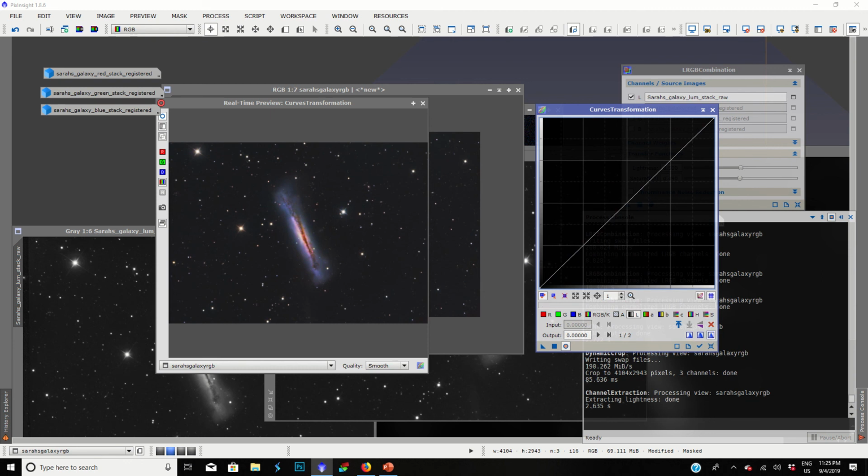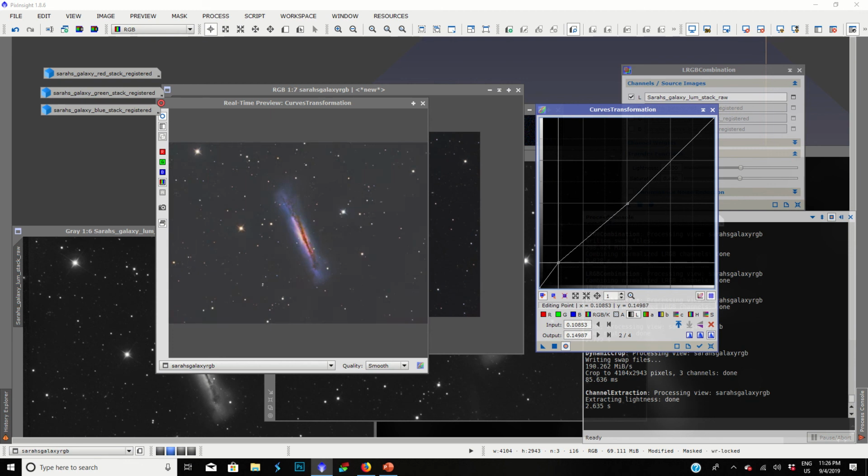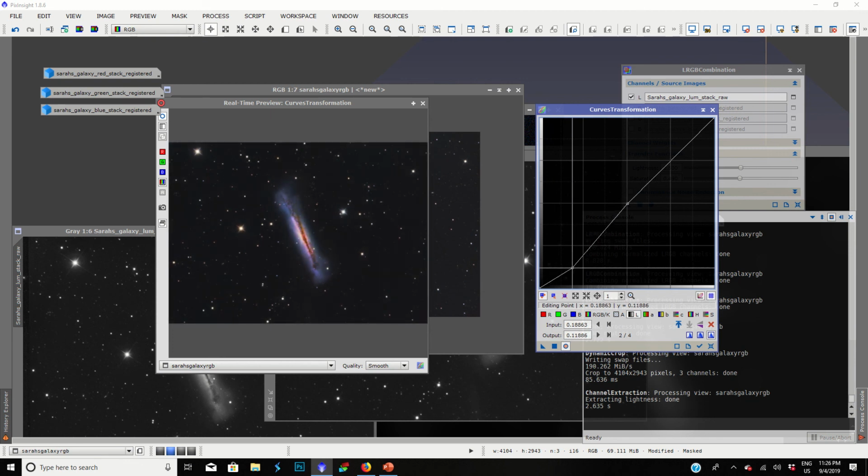I like doing the linear interpolation when I'm working with luminance. Click in the middle, so anything above that's not going to be affected. You're only going to be working with the darkest areas of the image. And then you can increase the midtones because you're going to lose that outer edge as you watch. Go up, you can see that outer, very small edge. That's a poor mask. You could do a range mask and make that edge a little bit more harsh. I don't think that's completely necessary. Just really take these darks down. You can even